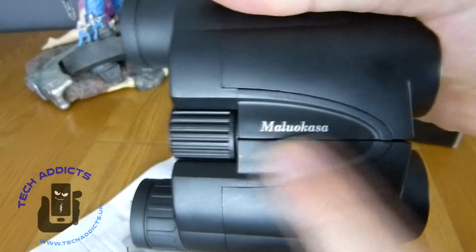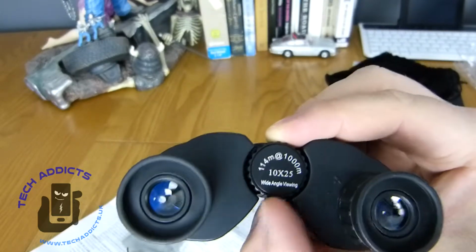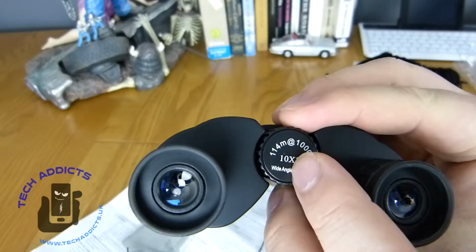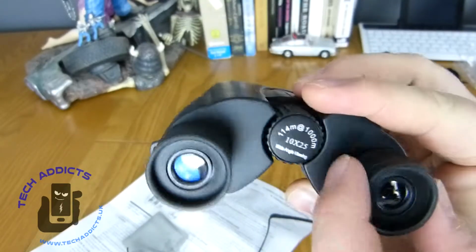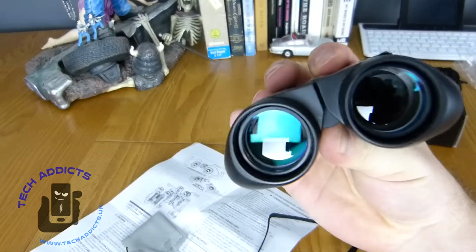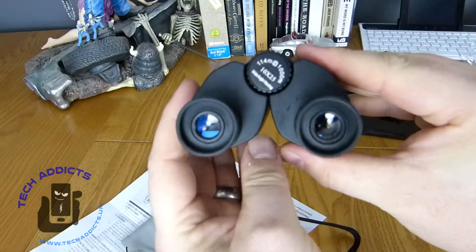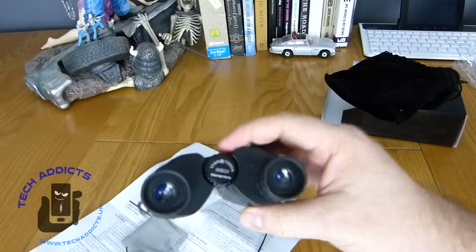We have the brand there, and we have some adjustment there for wide angle viewing and that kind of thing. 10 by 25, which is 114 meters at 1000 meters. Okay, and we can adjust these as well, we can adjust one for focusing. There they are there, and they go in for child eyes, adult eyes. I'm a fairly substantial adult, so